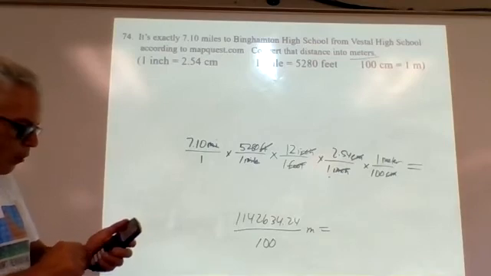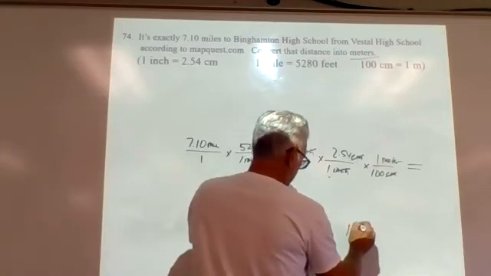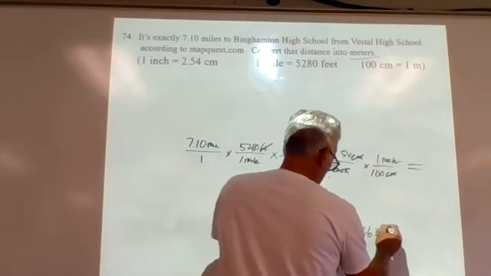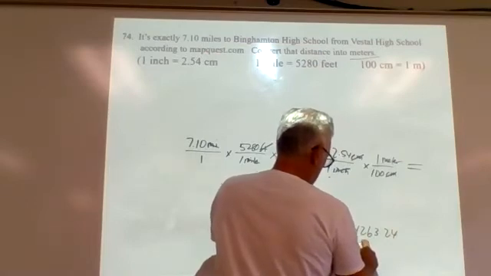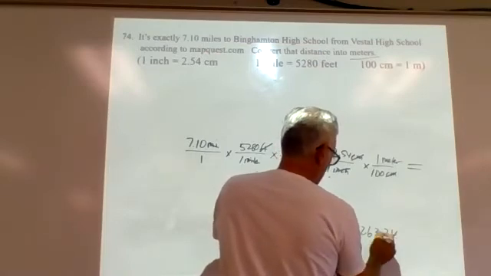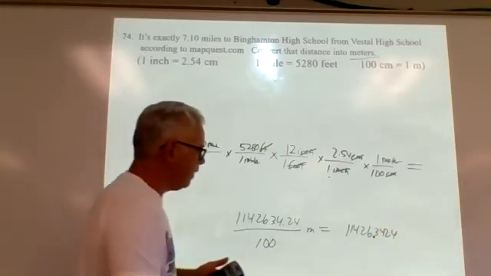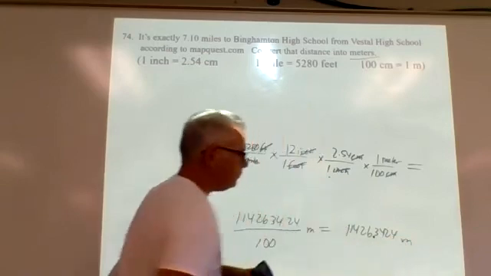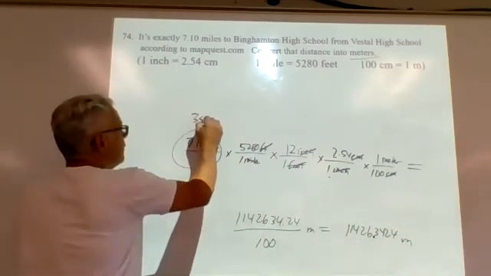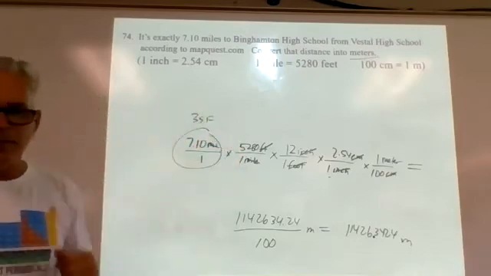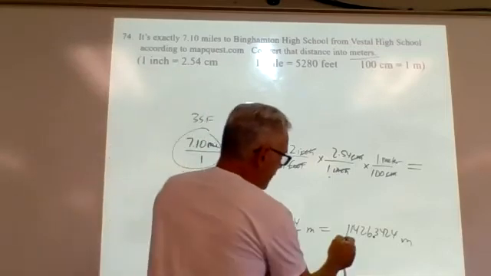1142634.24 divided by 100 equals, oh, another silly number, 1142634.24 meters. We have 3 significant figures here. The rest of these are all unlimited, so we can only have 3 significant figures in the answer. So it's going to be